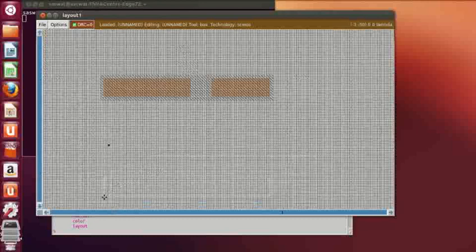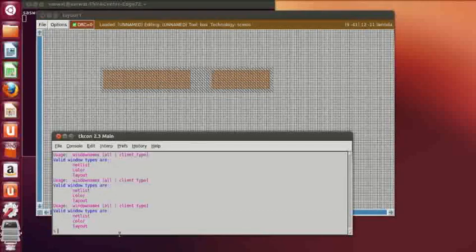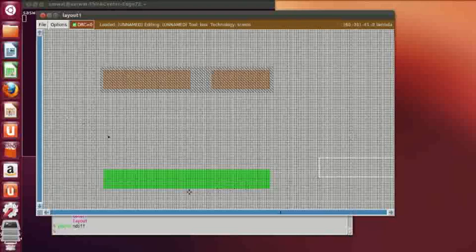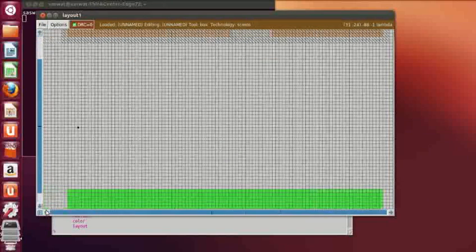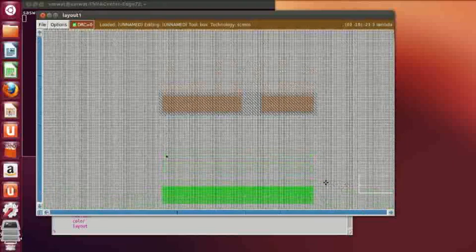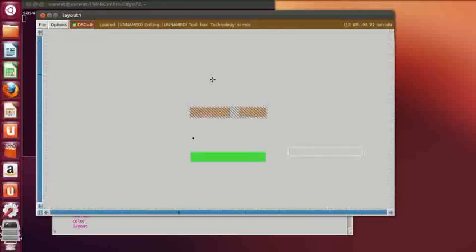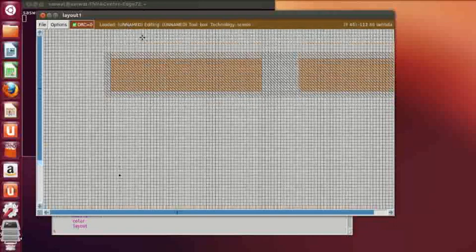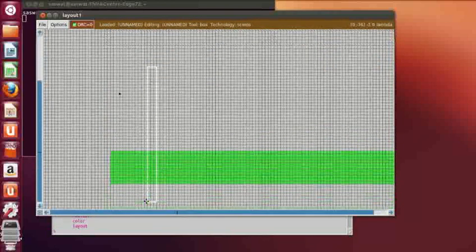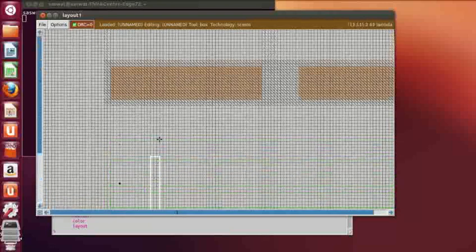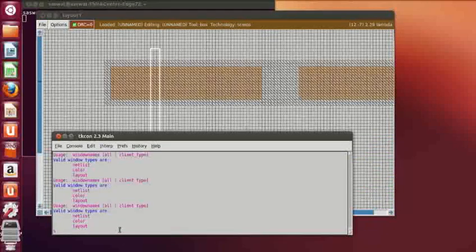And now type paint ndiff. After painting the N diffusion layer and the P diffusion layer, just zoom in on this. Okay. Now this is the first PMOS and second PMOS. So you can place a gate layer, two gate layers. Then type paint poly. This is for gate 1